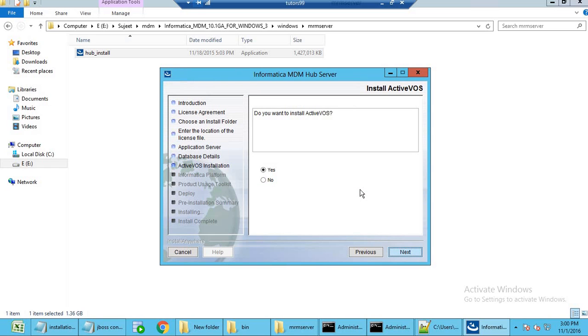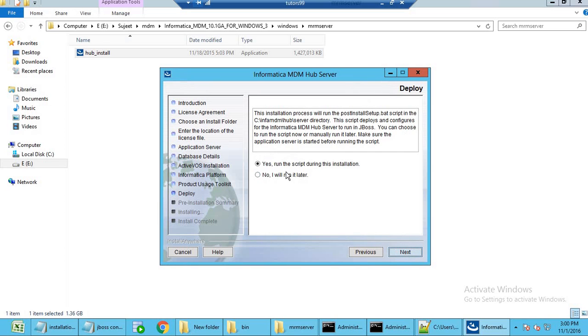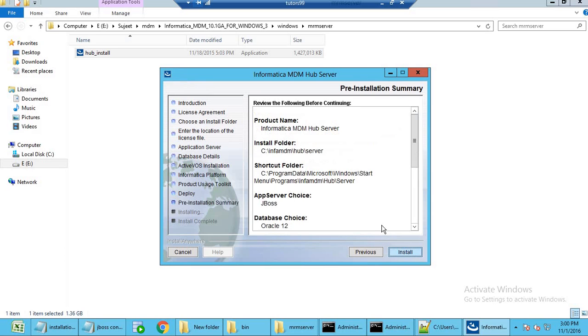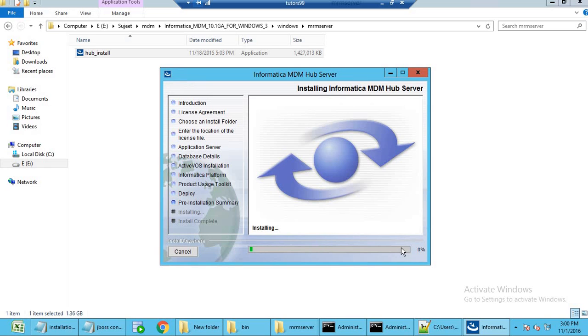So we don't want to install ActiveVOS now. Do you want to install Informatica platform? No. No proxy. No, we don't want to run this postinstall.bat. We run it later. Okay. So let's install only the Informatica MDM hub server, and we can run this postinstall.bat manually from